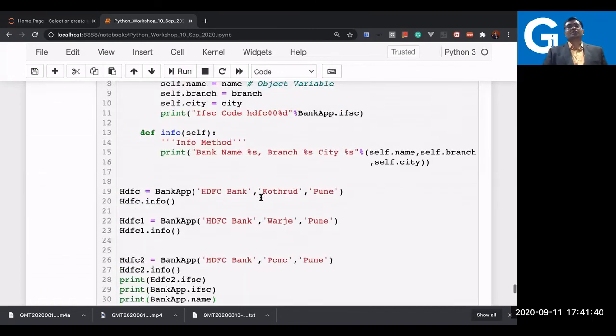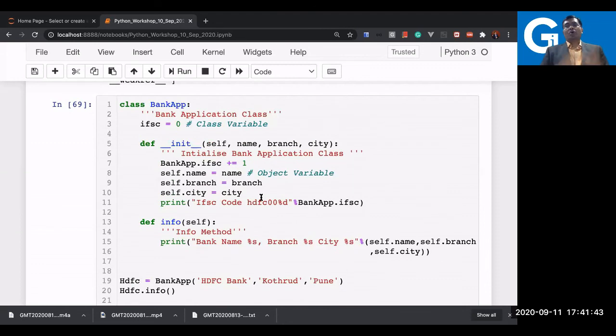I hope you must have understood the difference between the object variable and the class variable, as well as the difference between the local variable and the global variable. Now it's your choice, it's your design. Let me tell you, Python is not restricting you to use a special type of variable. That is your design. Python is giving you flexibility here, so you decide which variable you would like to use as a class variable and which variable you will be using as an object variable. So all this is your choice now.